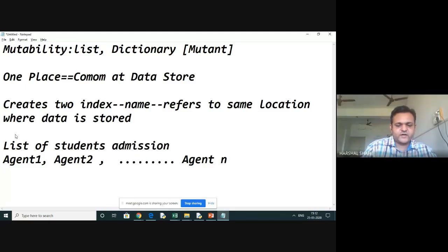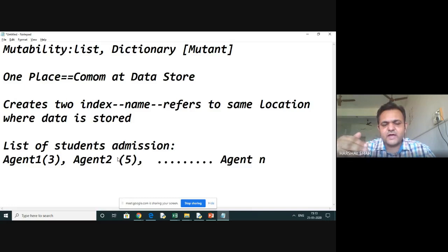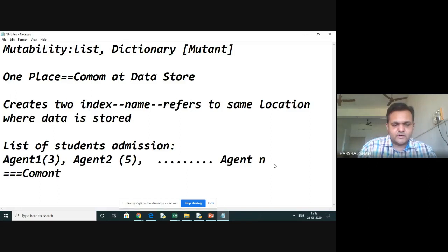So let's go ahead, I will explain with a list of student admissions. Now agent one admitted a few students, let's say he did 3 today, and agent 2 did 5, and everyone has the list, and they update their members into the list. Whatever the number of agents, at the end you are receiving a common list of admissions.